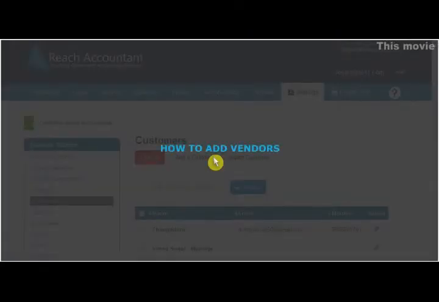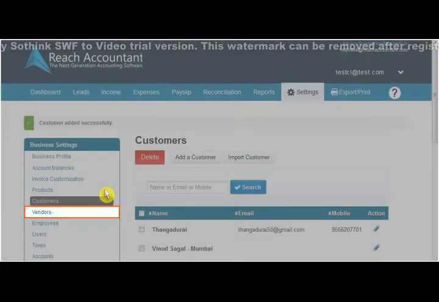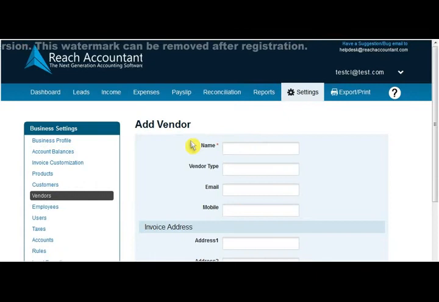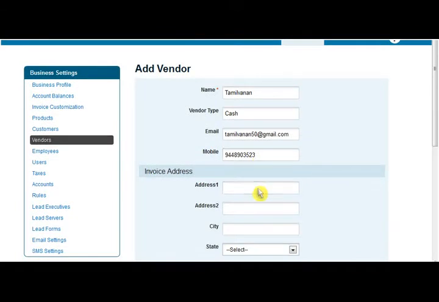Our next topic is on how to add vendors. Purchase is one of the main functions of manufacturing companies and for trading business. To add vendors, go to the Vendors tab and click Add a Vendor button. Fill in the required details of the vendor like vendor name, vendor type, email address, mobile number, postal address,